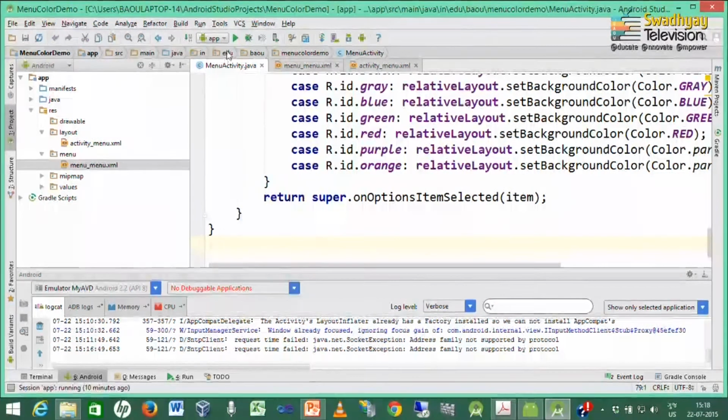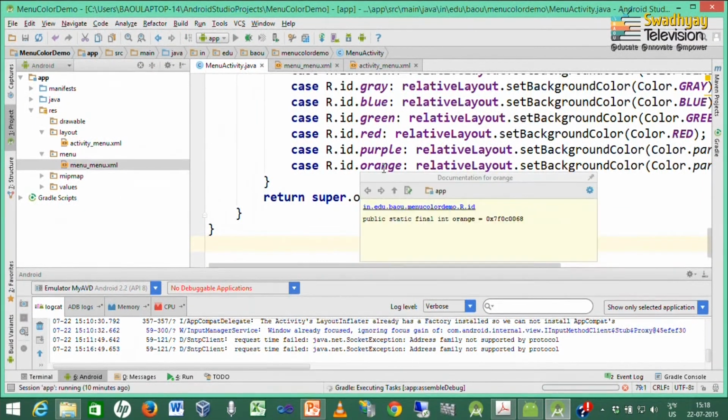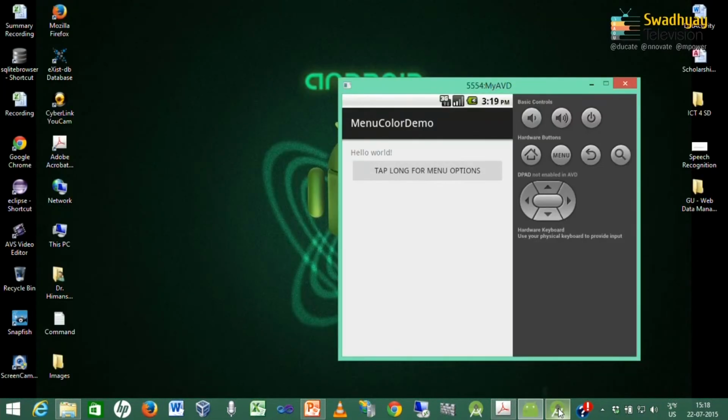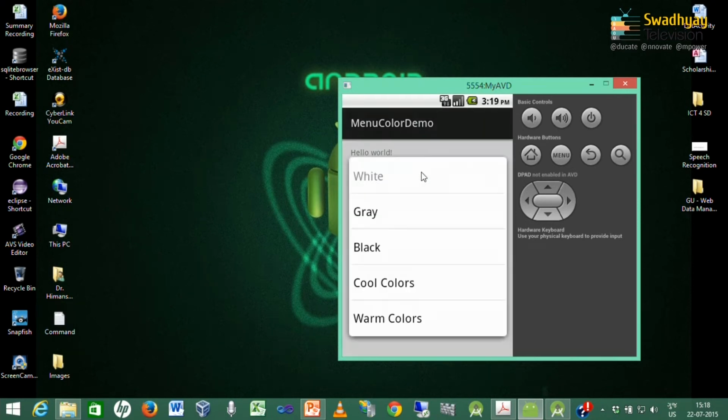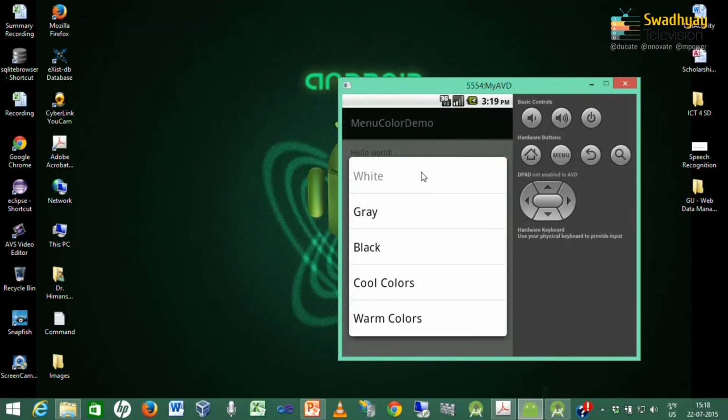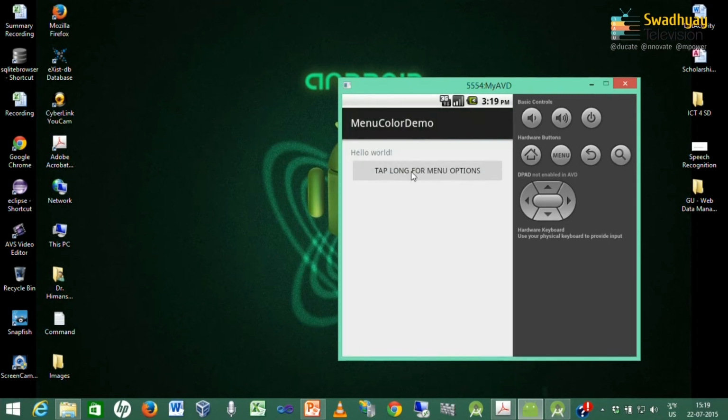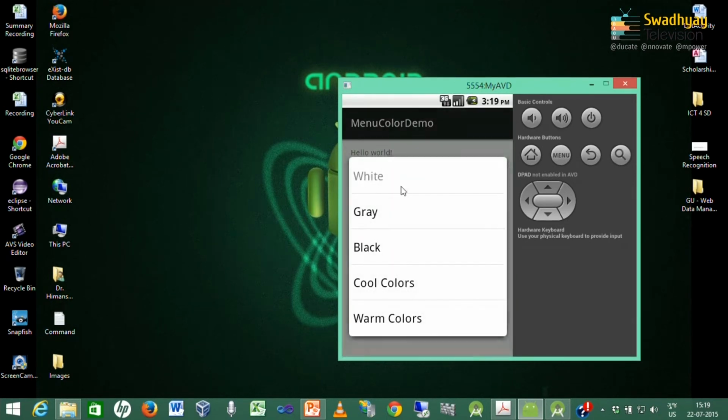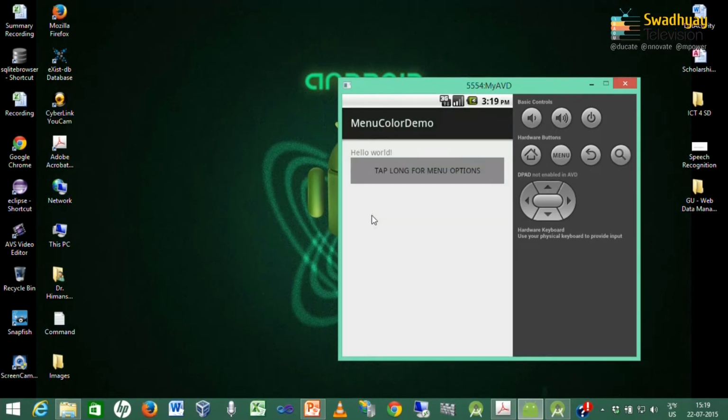Now we save this file and run this inside our running emulator. So now it shows the updated interface, and we have to press this button for a long time to activate our context menu. Here the same menu is there, so white is disabled, and we can press gray to change the button color to gray.